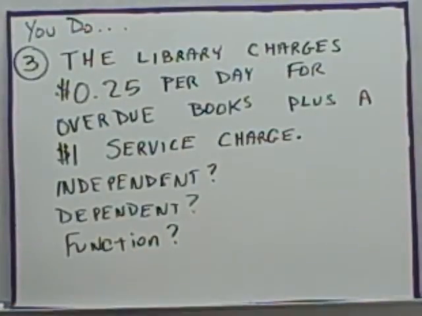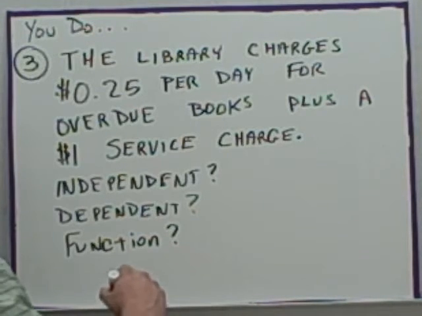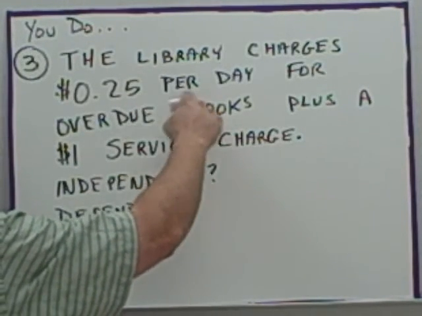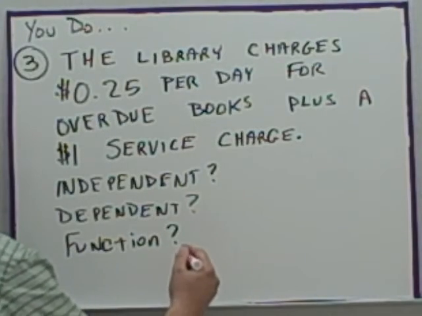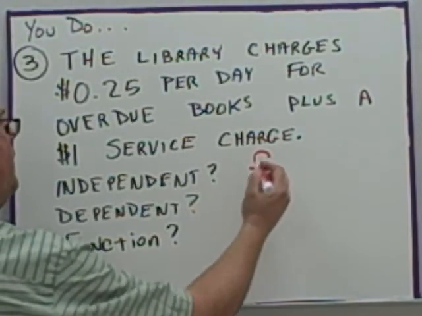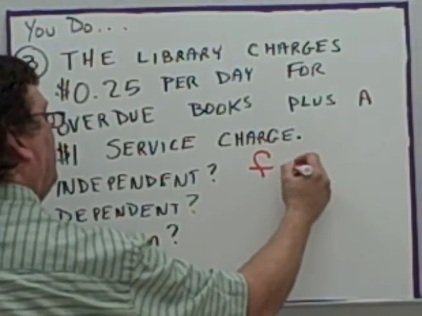Moving on to the word problem. The library charges 25 cents per day for overdue books, plus a $1 service charge. What's the independent variable? The independent variable would be the charge per day, the fine per day. So let's call that F for the fine. Let F equal